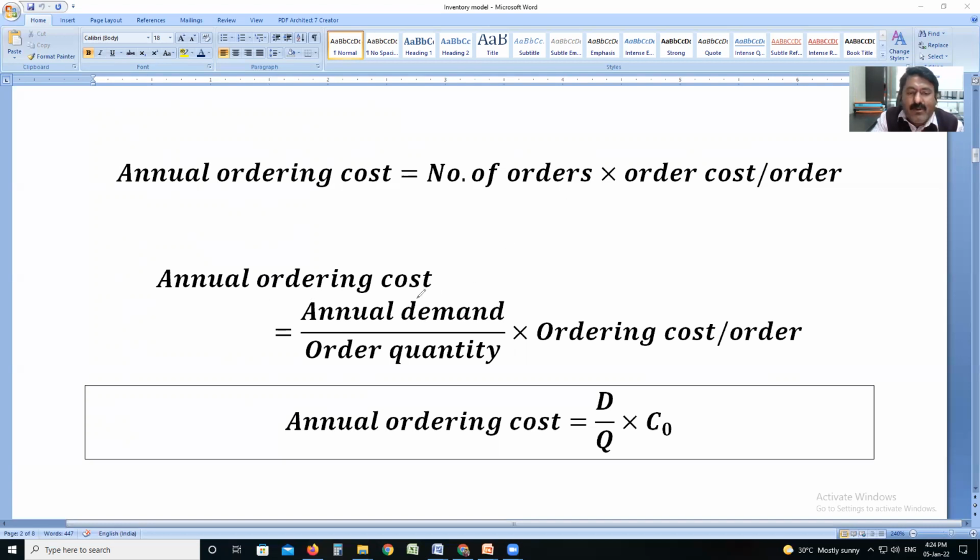So annual ordering cost is equal to annual demand divided by order quantity. I have given you the same example. So it is mentioned that annual ordering cost is equal to demand, which is D, order quantity is Q, and CO. So this is the annual ordering cost, demand divided by ordering quantity into ordering cost CO. We have assumed this. Then next, friends,